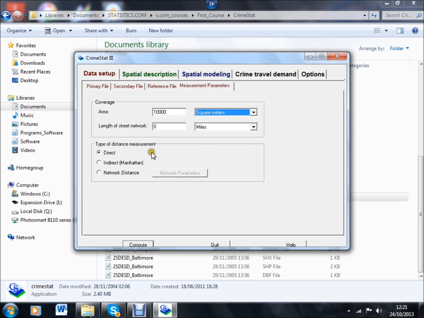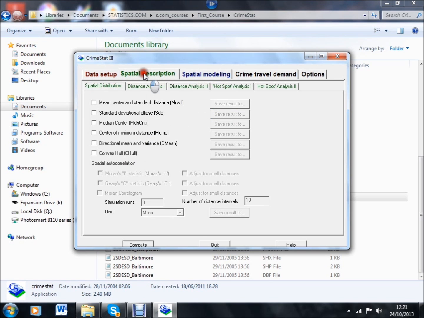The type of distance measurement we know to be direct. It doesn't use a network distance or a so-called Manhattan distance. Don't worry over much about those. Let's now then go to spatial description and ask for the computation of the mean center and standard distance. All we do to that is click on